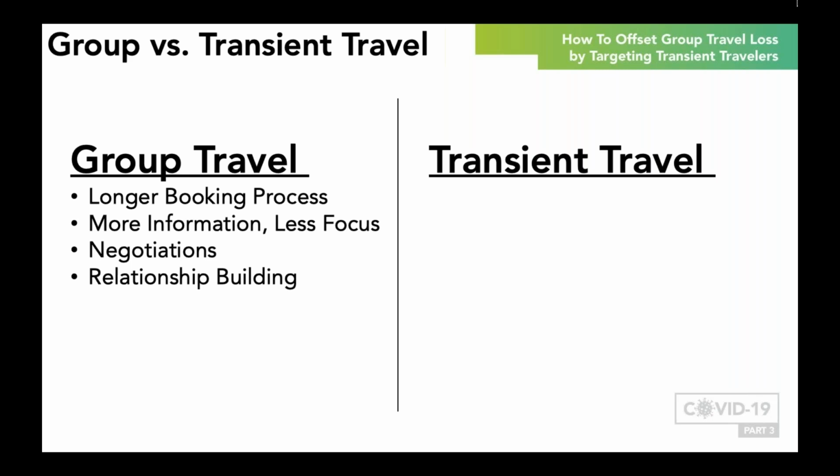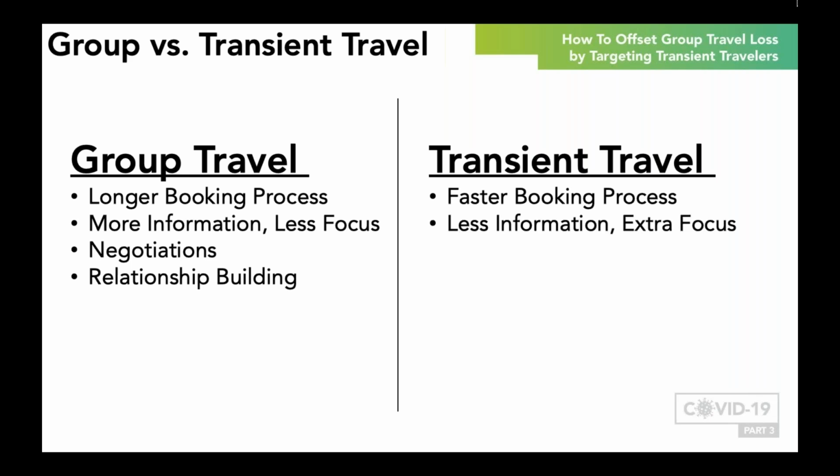So now let's look at the booking process of transient travelers, specifically during this time. Now, transient travel is a much faster booking process, with some booking decisions happening even the day of for walk-ins. With fewer logistics involved, transient travelers' booking windows are a lot closer to their stay than groups. Now, during these times specifically, travelers are booking with extra focus and caution, but they're using less information since any online reviews, data, or details prior to COVID-19 really wouldn't be relevant to them today.